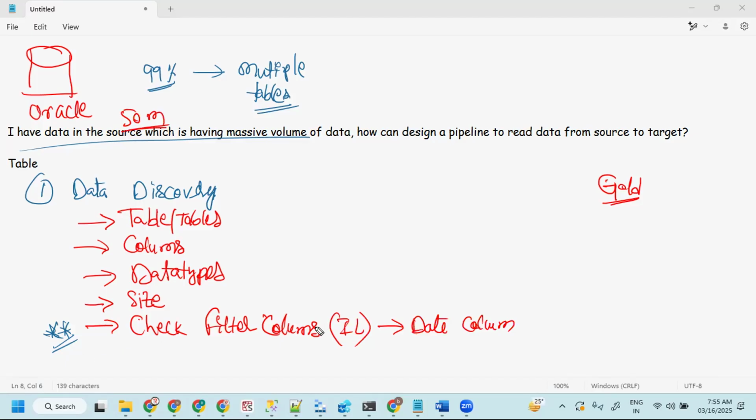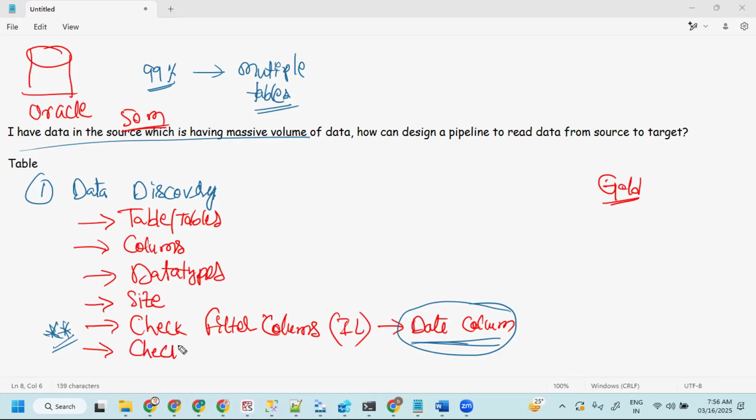Sometimes what happens is, when there is an update in the source, this date column may not be updated. They say you can use that particular date column to filter for incremental loading, but unfortunately, if it is not capturing the updates, then again there will be a data problem. So you have to check this one. I'll come to that point. Just imagine if you have a filter column, then you can go for that, and also you have to check